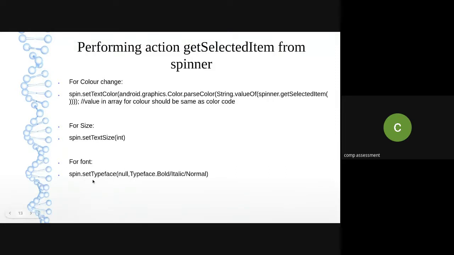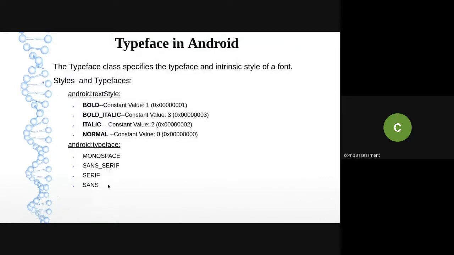So over here, as I mentioned, the setTypeface function, you have to check the signature. When I want to give the typeface as Times New Roman, sans serif and all that, at that time you have to pass that particular parameter to your typeface. So just check the signature and accordingly select that signature in order to give the effect.